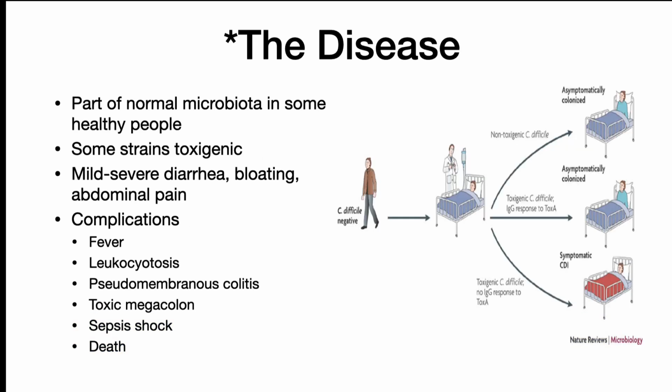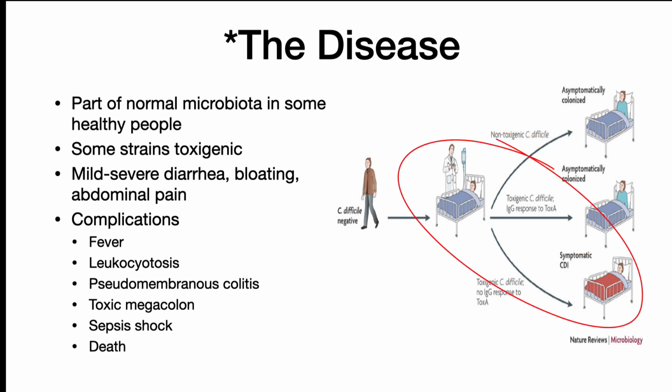The disease is really complicated. C. diff is a complicated infection for humans. It appears to be part of the normal flora and the normal microbiota of some people and causes no problems. Some strains are non-toxigenic and colonize humans asymptomatically. However, some strains produce toxins that cause mild to severe bloating and abdominal pain. In some patients with a strong IgG response to the toxins, they are able to control their infection. In the absence of a strong immune response,